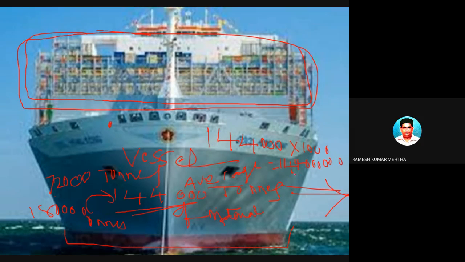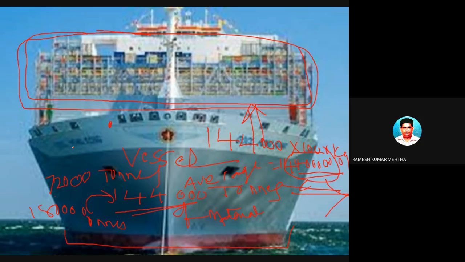This much weight is placed on this particular vessel, and this vessel can easily move the goods from the point of loading to the destination.